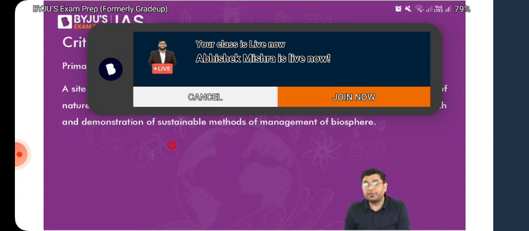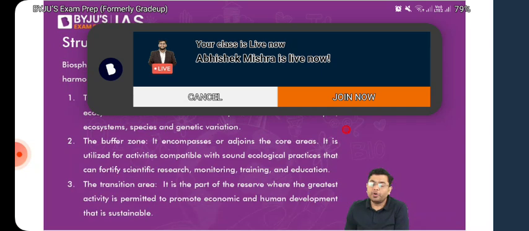So when a region is declared as a biosphere reserve, it is kept in mind that it should have adequate spacing for all these activities to be carried on. So it should include additional land and water suitable for research and demonstration of sustainable methods of management of biosphere as well. So the structure of the biosphere reserve basically is again three-tier, where you will observe that you have a minimally disturbed